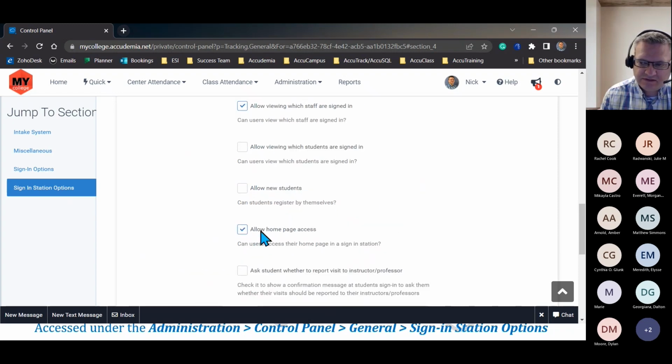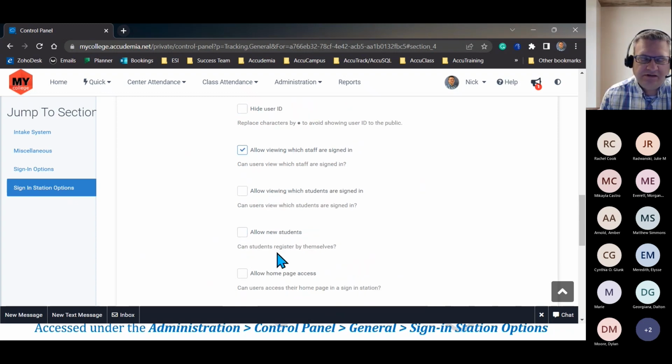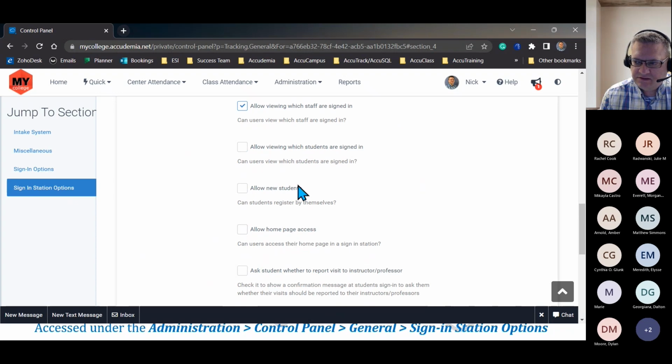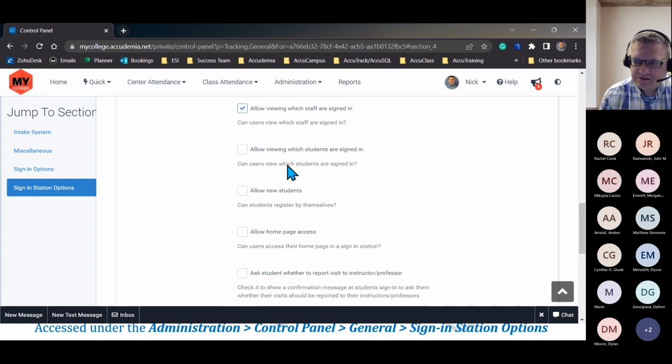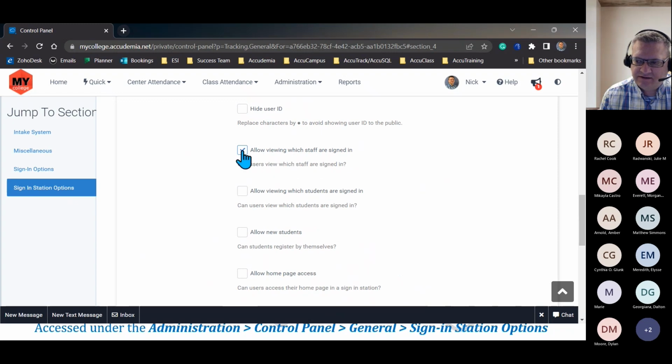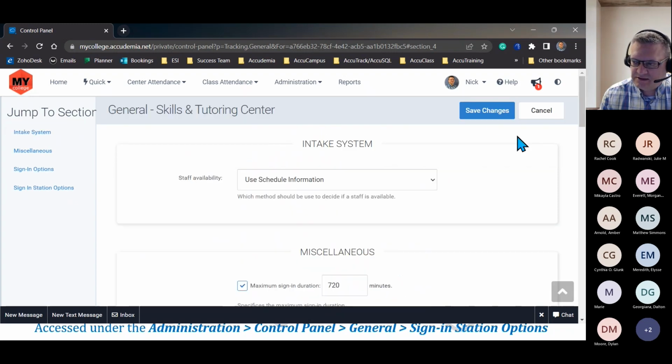And this one, allow homepage access. The idea of disabling this is so that somebody couldn't log into the backend and tie up your sign-in station. So some people actually disable that as well. The only button I think you can't get rid of is the change password, so that will stay on there, I believe. And this one was letting them see what staff are signed in. So I would just save these at the top